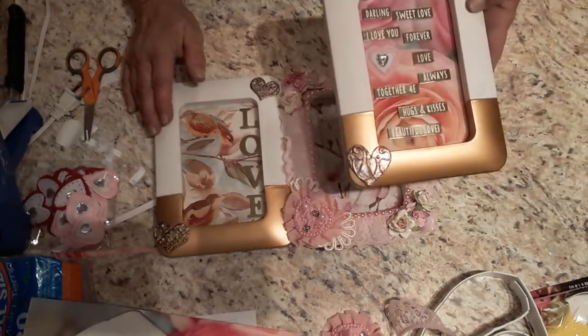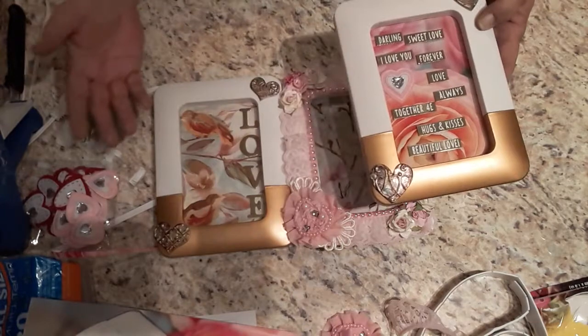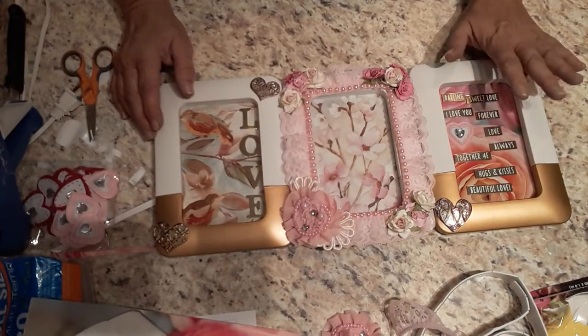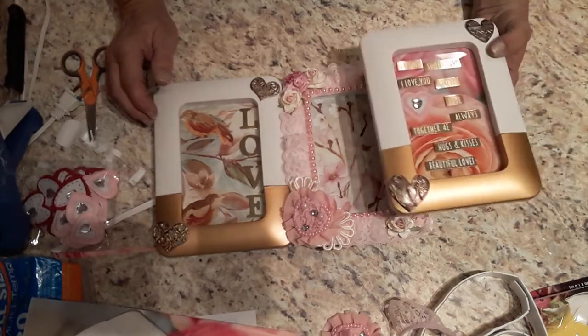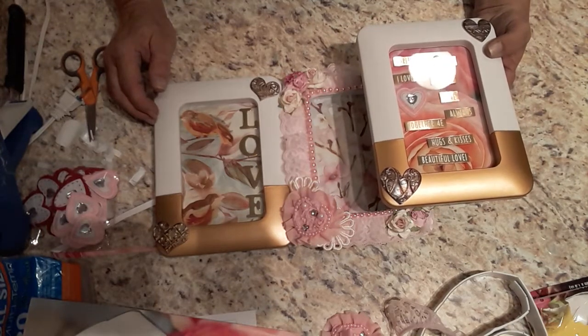These cost $4 to make. But if you didn't want to buy a calendar or another picture frame, you could certainly use a pattern paper that you have in your own stash and use these, and then it would only cost like